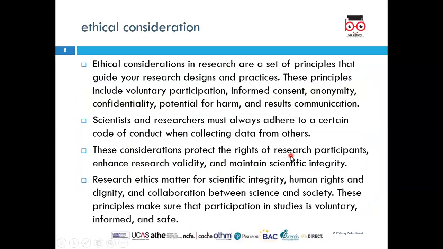Hope that is clear. So then you have certain ethical considerations that need to be there at all times. In research, there's a set of principles that guide your research designs and practices. These principles include voluntary participation, informed consent, anonymity, confidentiality, potential for harm, and results communication. So when you're doing research, you need to make the people understand that whatever they're doing, it's voluntary,